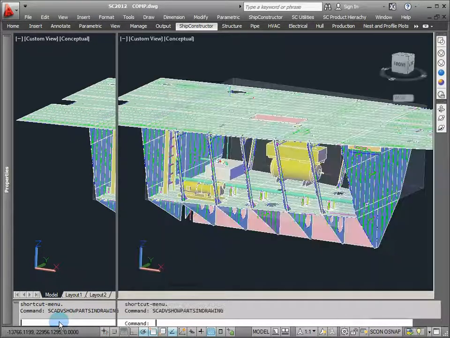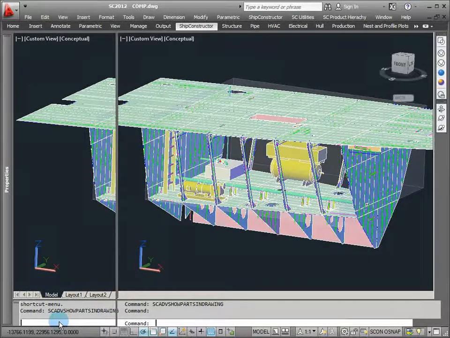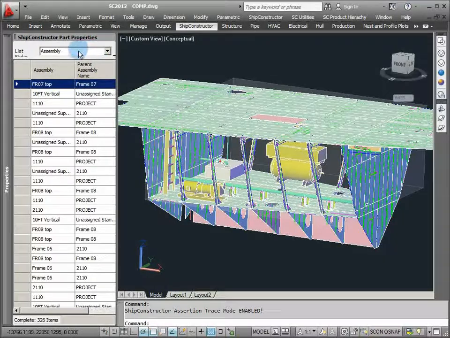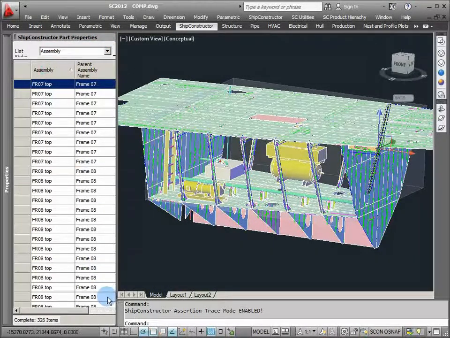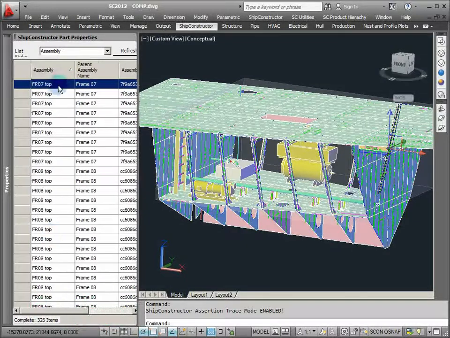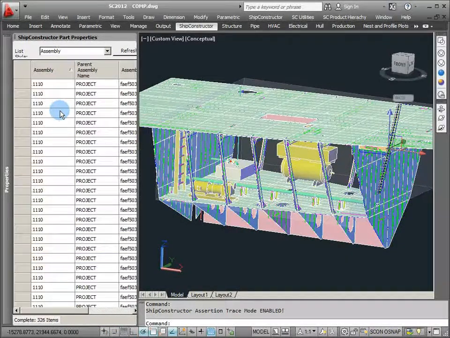I could say, well, I'll select all that main deck stuff and blow it away. But you know what? I know that all this main deck up here happens to occur under a particular build sequence. It actually all belongs to Unit 1110. So why am I going to bother penting, cutting, pecking? All I'm going to do is just load up a part properties window, look at the assembly sequencing, and find everything that belongs to 1110,